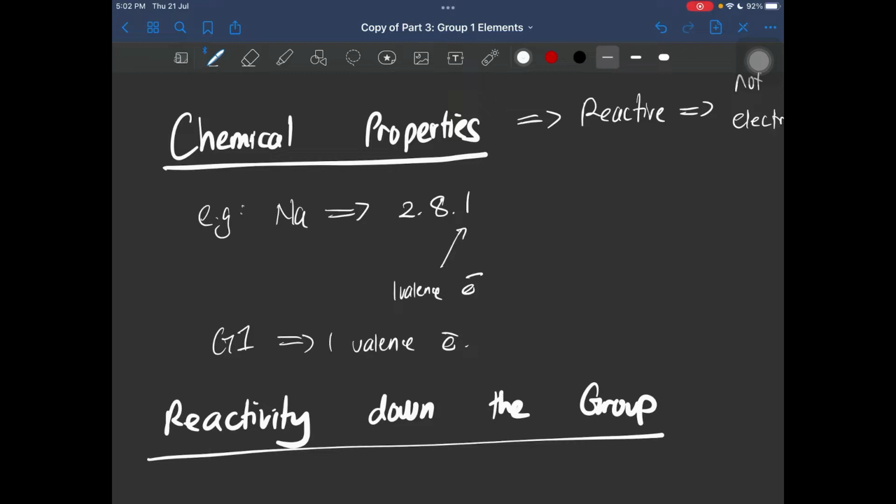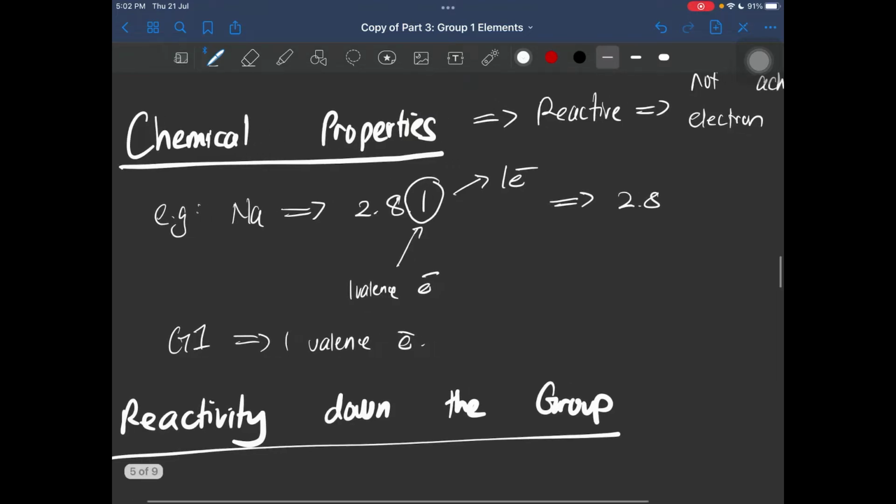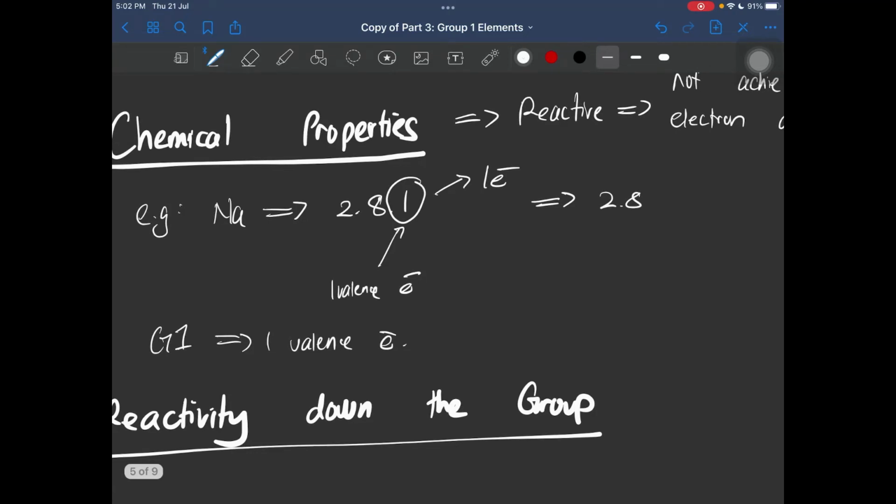Therefore, it has to react with other elements, with other substances, in order to achieve stable electron arrangement, whereby it has to remove this 1 valence electron. And so when this happens, it will become a positive ion, right? So for example, sodium originally has 11 protons, 11 electrons, and this is the electron arrangement. But when you release 1 valence electron to achieve stable octet electron arrangement,